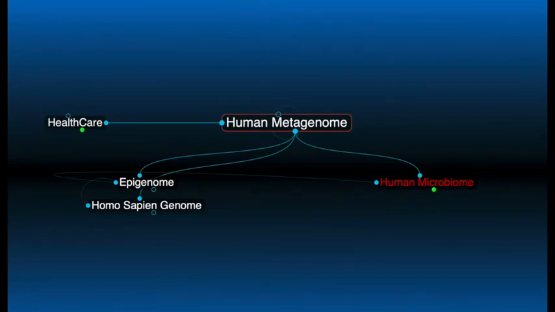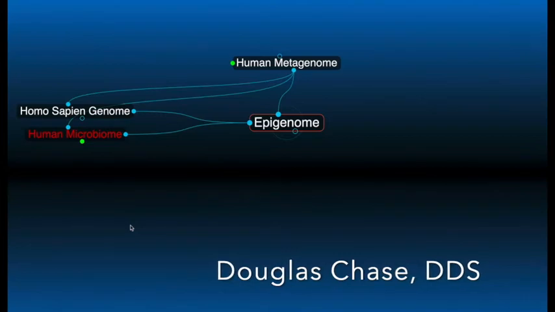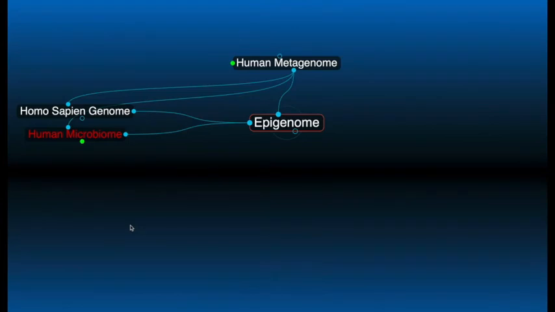The human metagenome is comprised of three components: the epigenome, the Homo sapiens genome, and the human microbiome. The epigenome is a multitude of chemical compounds that tell the genes what to do. When epigenetic compounds attach to the DNA, they can modify its function. These marks do not change the sequence of the DNA; rather, they change the way the cells use the DNA's instructions. They essentially can alter the instructions given by the DNA, and though they are not part of the DNA, they have an impact on the DNA and gene activation.